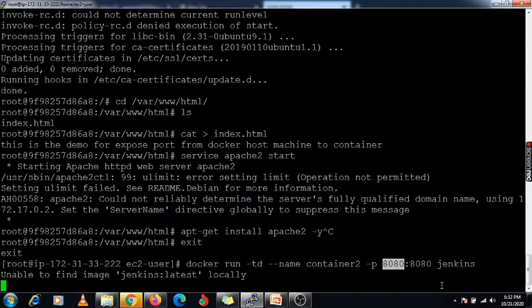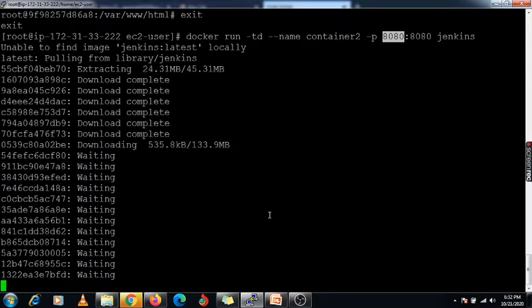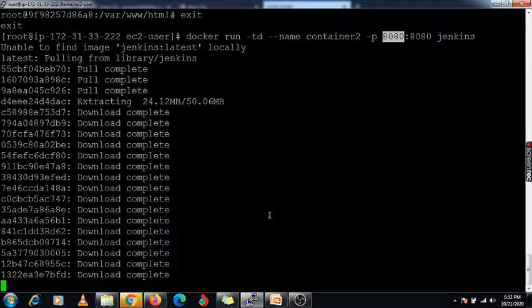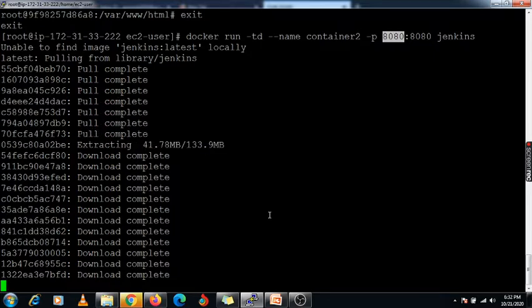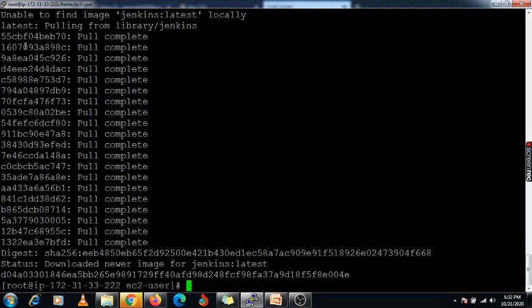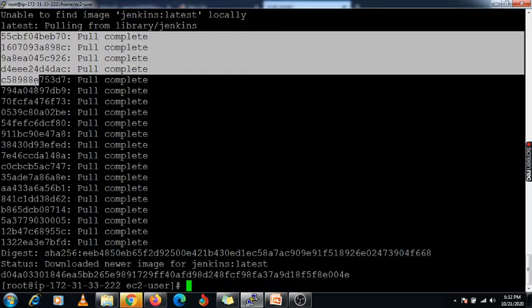It will pull this Jenkins image and install it. Basically, whatever contents are available inside the Docker images will be installed in layer format. That means whatever content is available, one by one it will install.